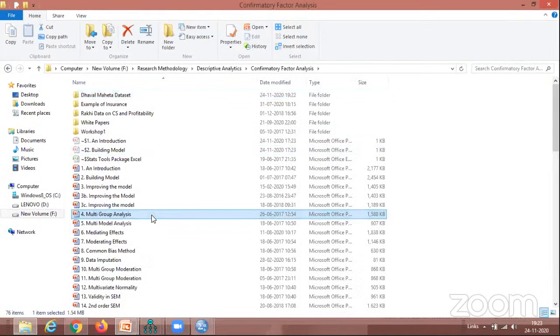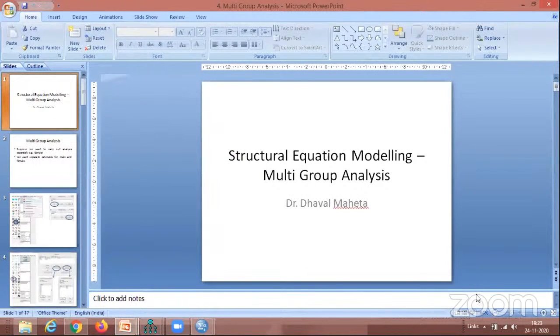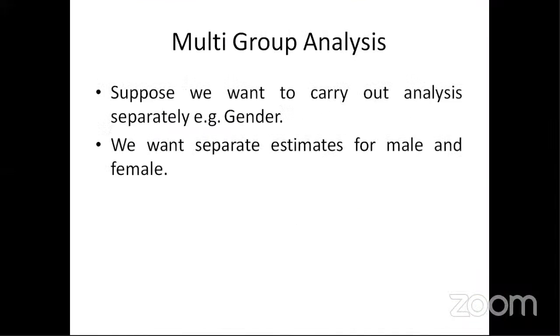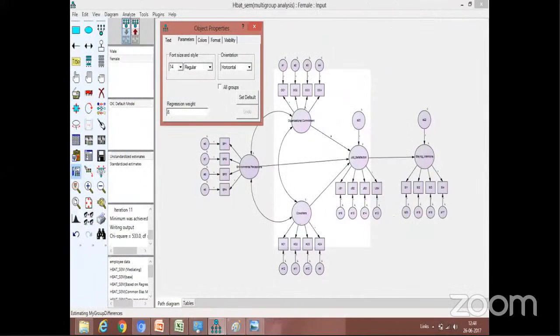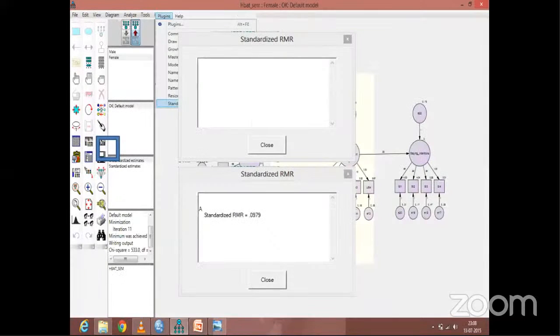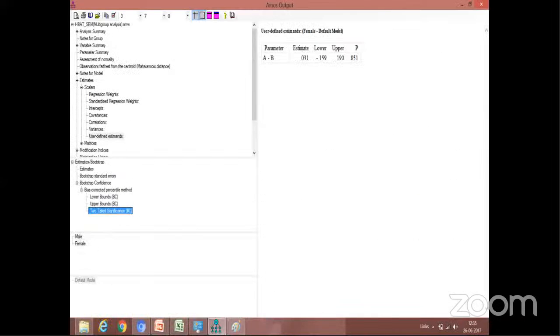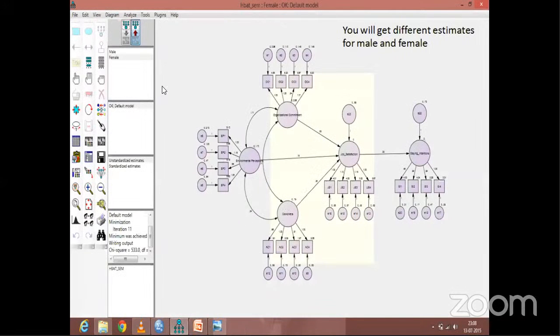The next thing which comes up is multi-group analysis. Multi-group analysis means: is my model behaving the same for male and female, or for those who are in management and so on? So I'm creating different models. From here I can create the multi-group analysis. Is the model different for male and female or not? That is the first. The second thing which I can do now is